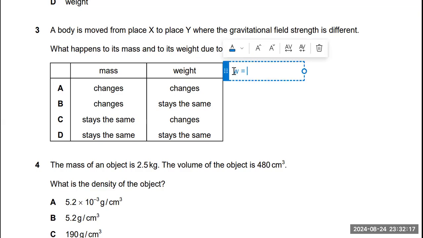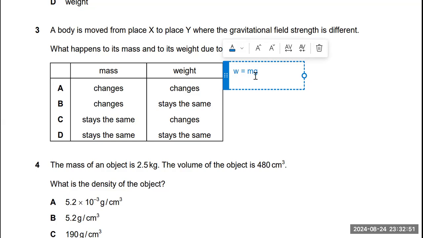W is equal to mg. Here g is the gravitational acceleration. Its value changes due to height. In the question you can see a body is moving from place X to place Y. It means the gravitational field strength is different. On the surface of the earth, the gravitational field strength or gravitational acceleration is roughly 10 meters per second